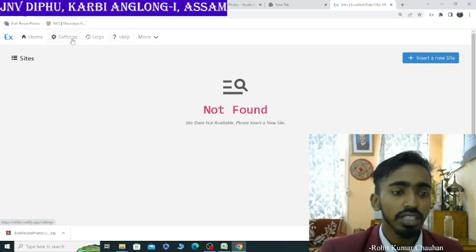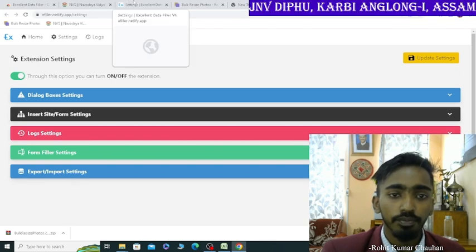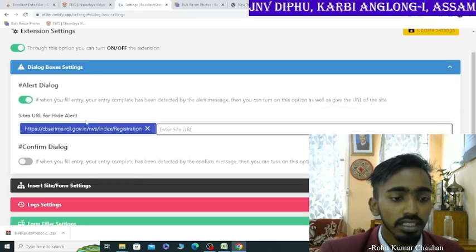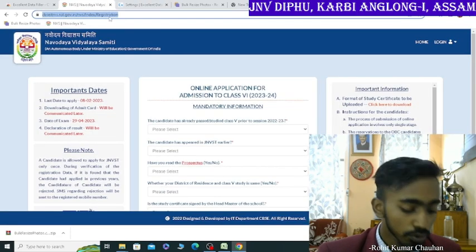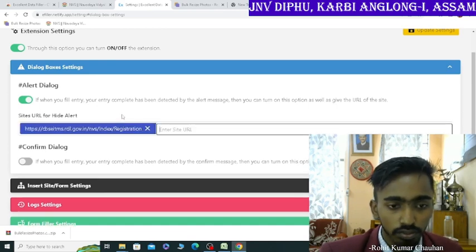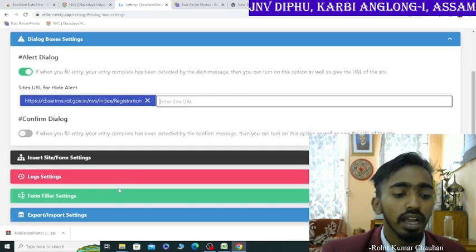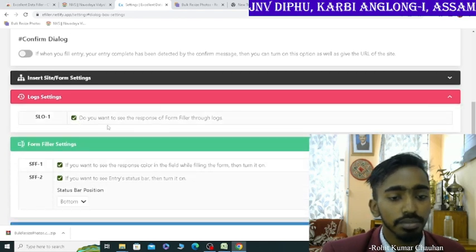Here simply go to setting. If I click on setting, it will open a page that is this. Here I customize for this website, so I simply put the URL of this website here because I don't want to see the dropbox. It will make the work very easy. And here it is stating log setting. You just have to turn on this